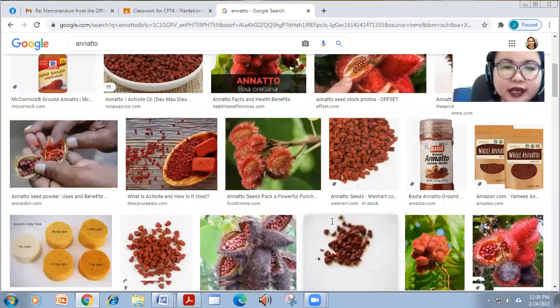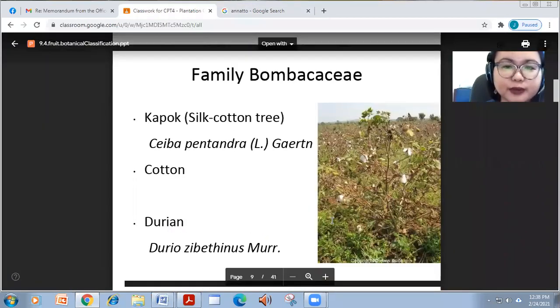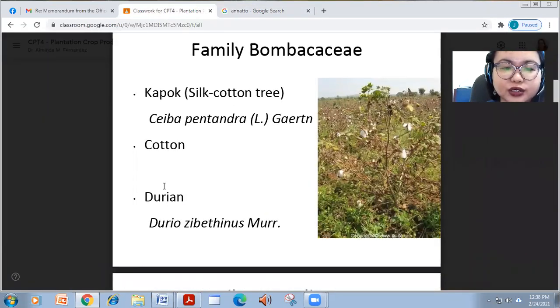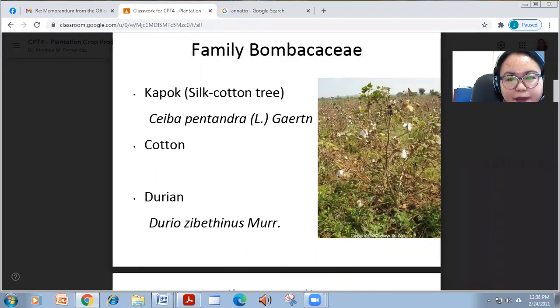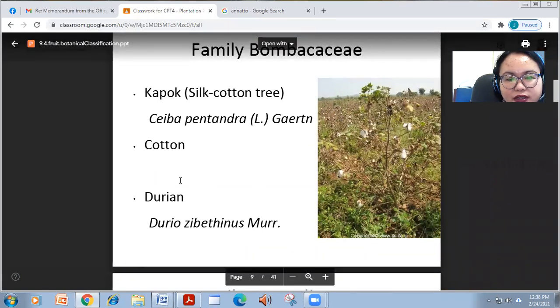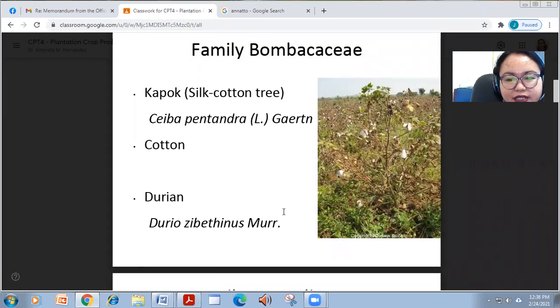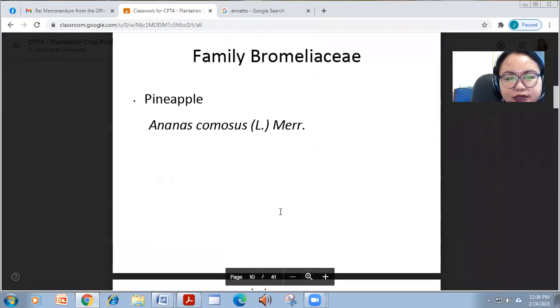So, we also have under family Bombacaceae, yung mga cotton, and even durian, no? Under family Bombacaceae, the kapok or silk cotton, and the Durio zibethinus or durian. Of course, you know what durian is.